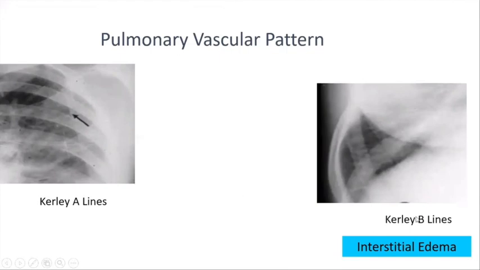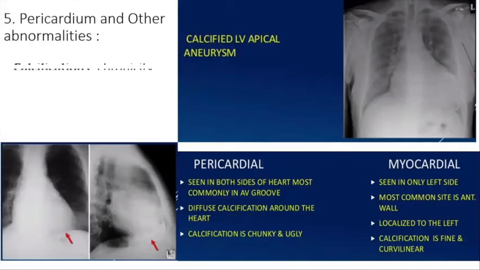While Kerley B lines are pleura-based. Look at the Kerley B lines. They are pleura-based lines. These are only a few centimeters, 1 or 2 or 3 centimeters, and they are more typical of interstitial edema or pulmonary venous hypertension. Kerley B lines are more specific for pulmonary venous congestion. Always keep in mind, this is a very important feature. While Kerley A lines are not so specific, they are more prominent than Kerley B lines. Always search for the Kerley lines. This is a peculiar finding of interstitial edema in venous congestion.